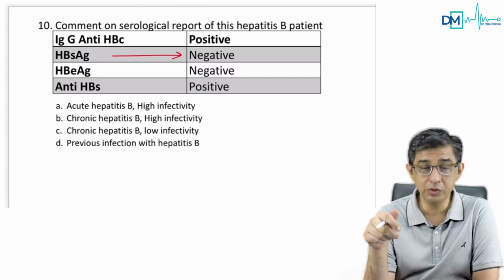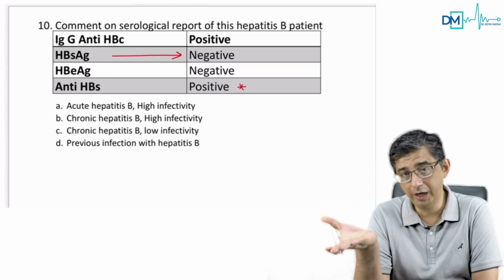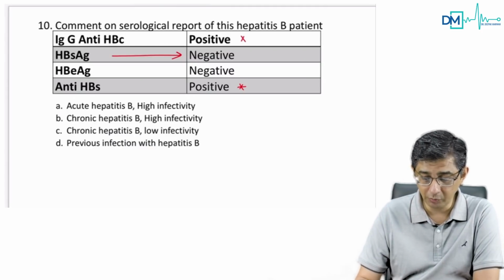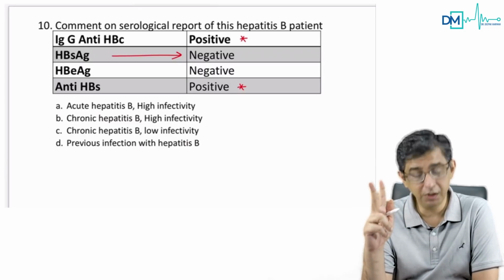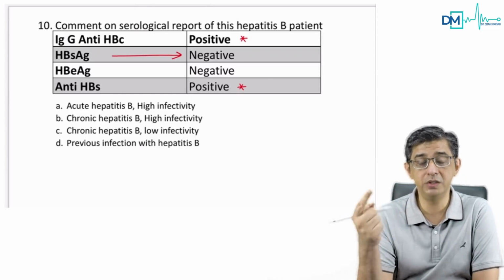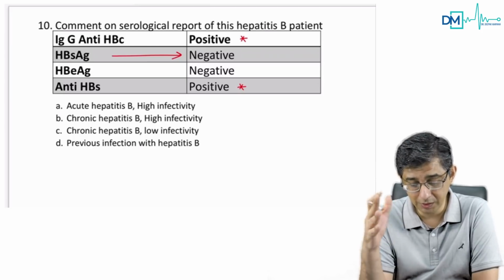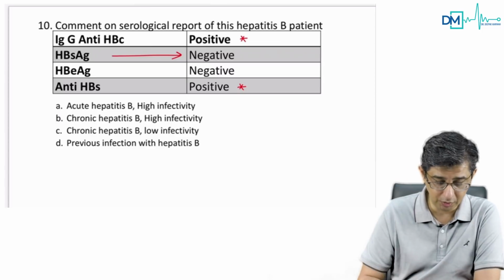A lot of guys got confused, because they are saying, sir, in this one the security system, which is the security system, antibody to surface antigen, and IgG antibody to core antigen are positive. So people were thinking chronic hepatitis B, but the bottom line is that there are two things positive in this guy. That is the security system, antibody to surface antigen, and the IgG class of antibody. This is not acute hepatitis B, this is not chronic hepatitis B. This indicates a previous infection. The surface antigen has been cleared off. The correct answer to this is delta.